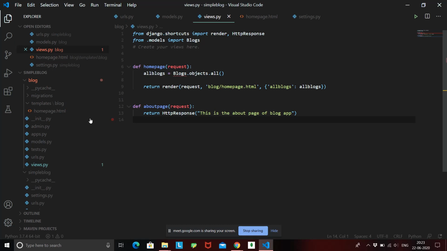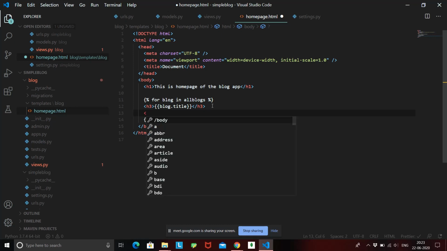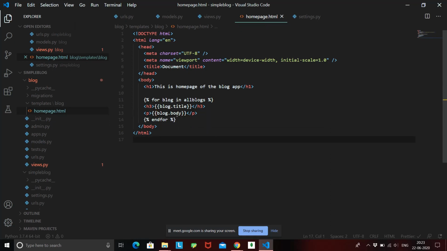Inside our homepage.html, what we did is we wrote a for loop that is going to display only the title. Now if we try to add a paragraph tag and display blog dot body, always remember these attributes, title and body, are coming from your models.py.